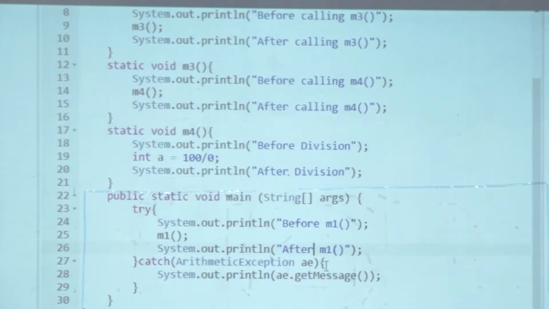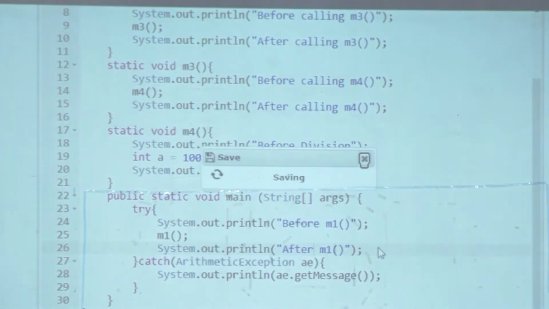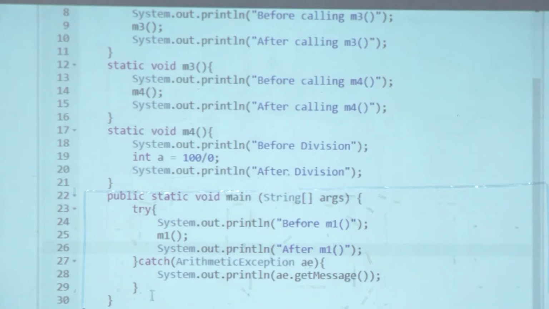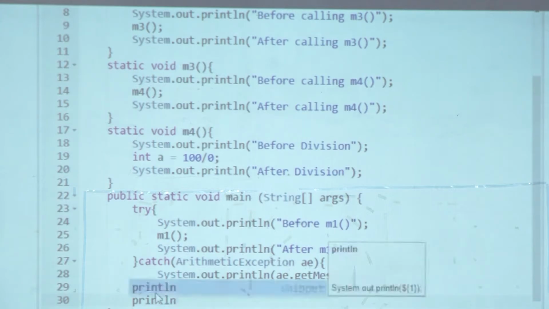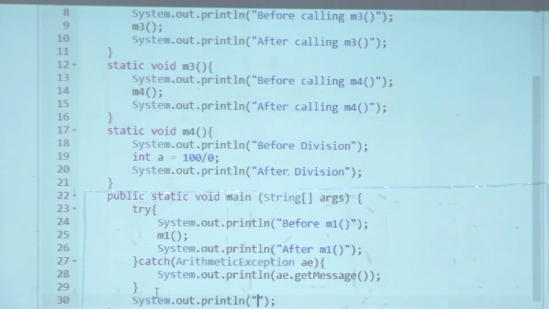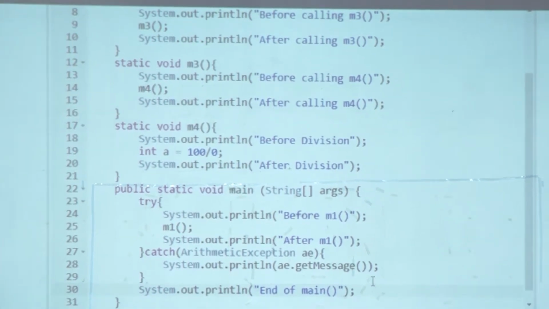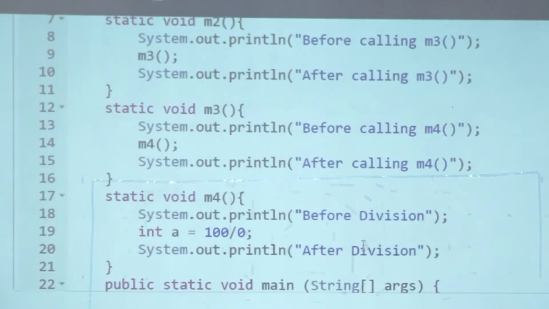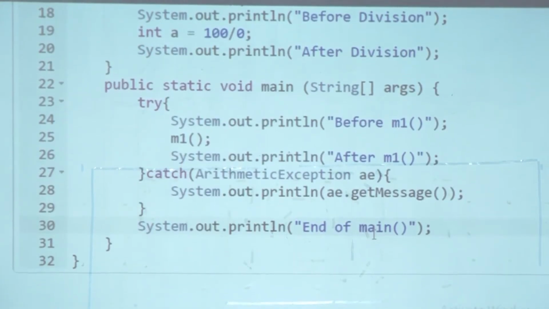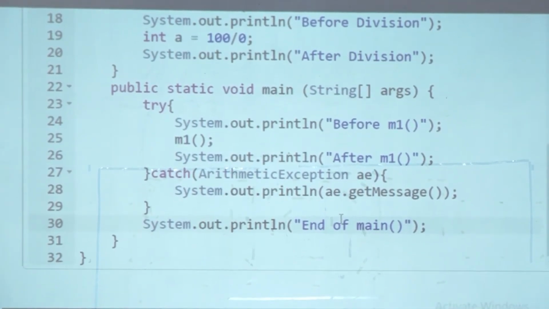And then after having handled the exception in main, after the catch block, I will say end of main. Okay. Now you guys have to look at it first without running it and tell me what output I am going to get. So let's give it a shot.